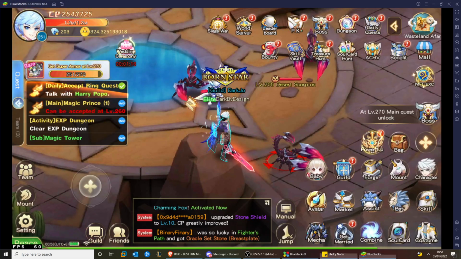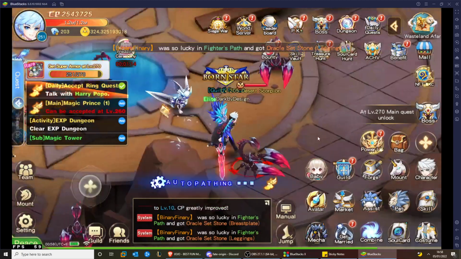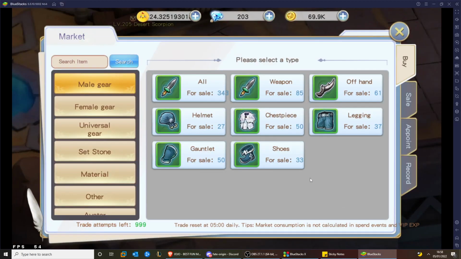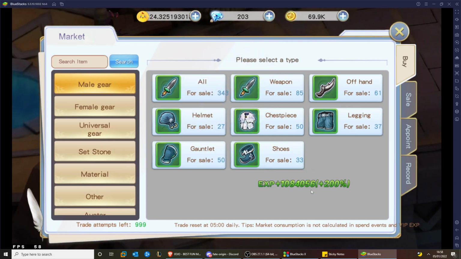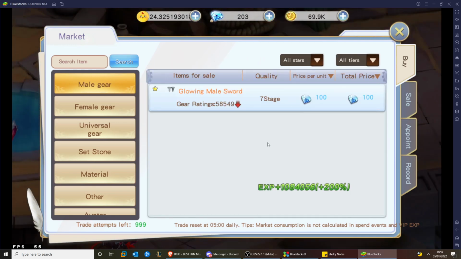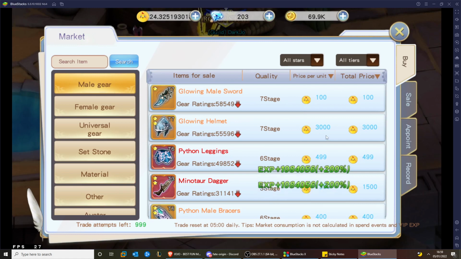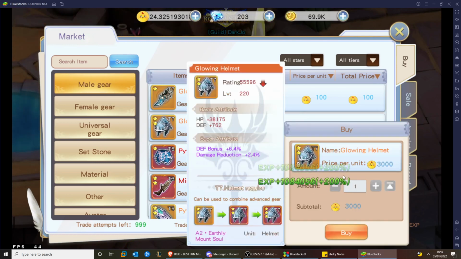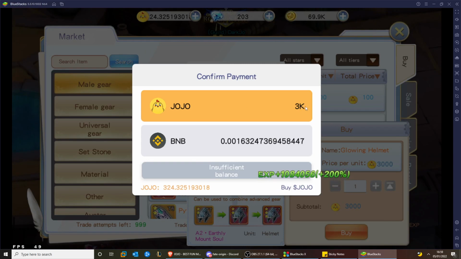Now, a couple of things I want to cover. The first thing I want to cover is the market. So if you guys haven't seen this, or you're new or you're existing, the marketplace is where you can buy and sell things with a JoJo value. Again, whenever you list something on here, it's free to list, but if you want to purchase something, if you want a tier 7 2-star piece, for example, it's very cheap. 3,000 JoJos is less than 20 cents,